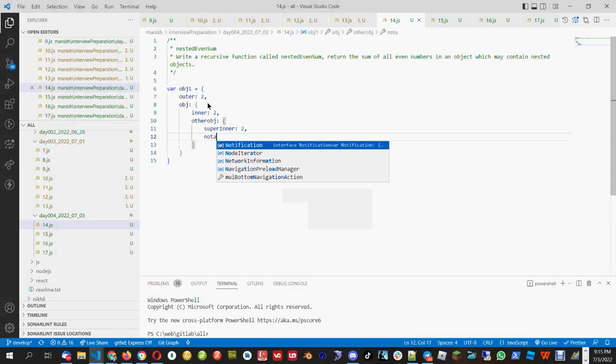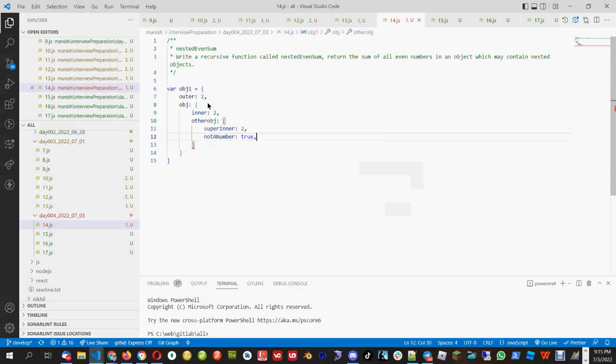It has a few other properties which are not numbers, so it is true, and also not a number, maybe some string. So now what you have to do is write a recursive function